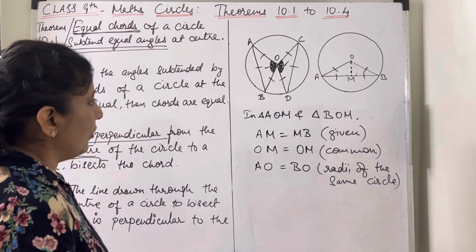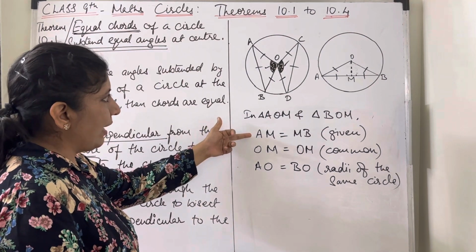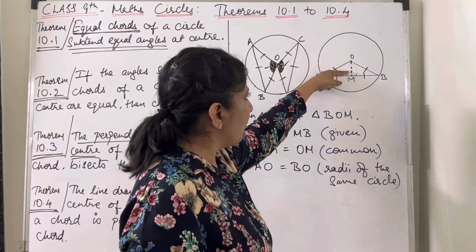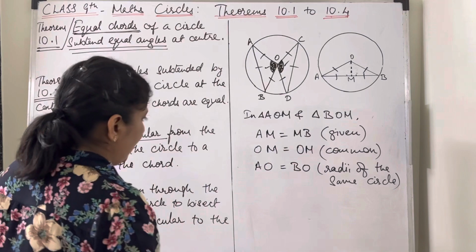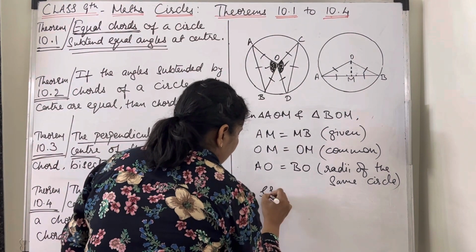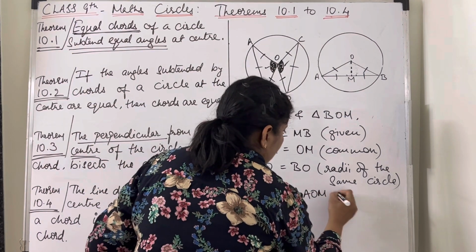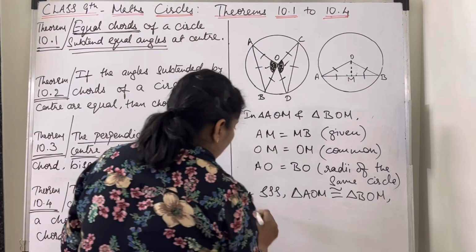So now we have all the three sides again: bisector, common side and radii. So this is again by SSS, triangle AOM is congruent to triangle BOM, and hence